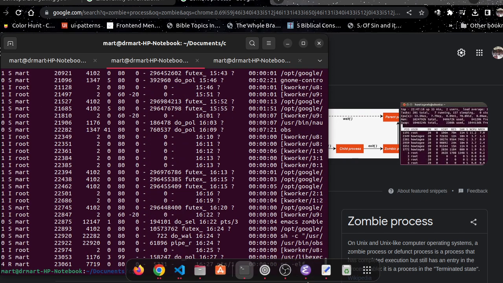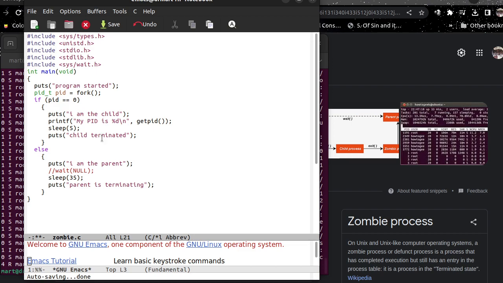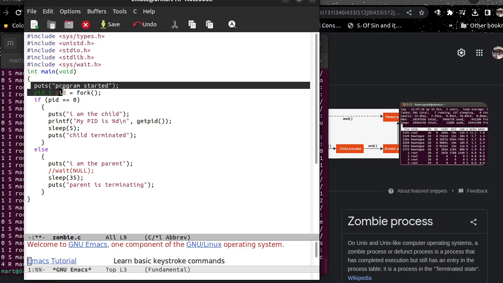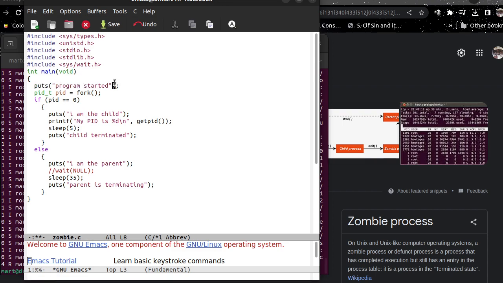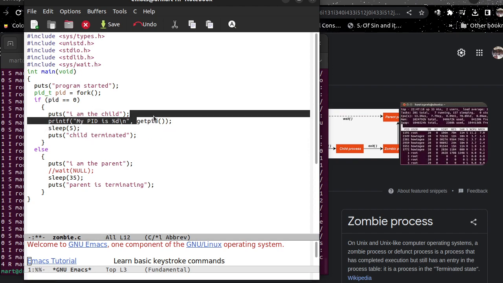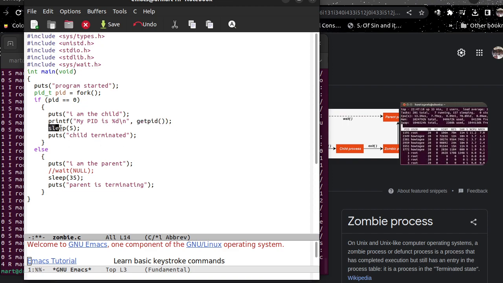So I designed the program here. In this program, you have the puts function, which prints out that the program started. Then immediately I called fork. Now if you don't understand how fork works, I will talk a bit about it later. If fork returns 0, that's if this PID is equal to 0, that means it's the child process. So we are printing the PID of the child, and then we are asking the child to sleep for 5 seconds,